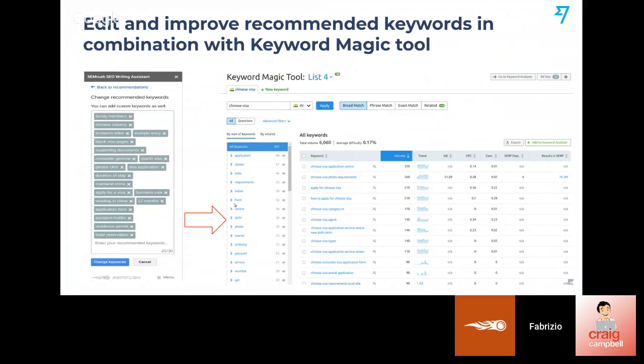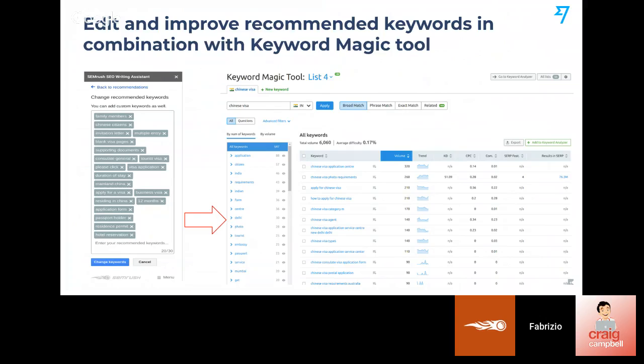So the Keyword Magic tool helps us expand on details about citizenship, and on the centers where you could go and do this. Requirements for the picture, probably there's going to be a difference between a tourist visa and a working visa. So again, it's an opportunity to go a little bit deeper in figuring out what is possibly the best content for this given keyword, and help customers with a very comprehensive article, rather than limiting yourself to just comparing with the competition.